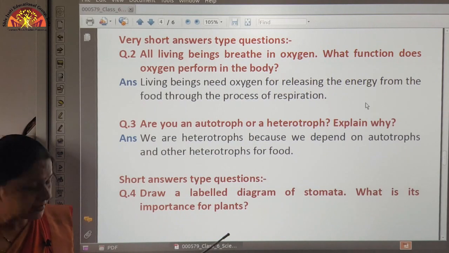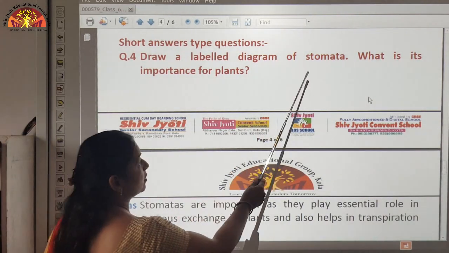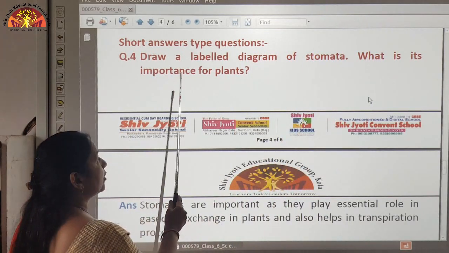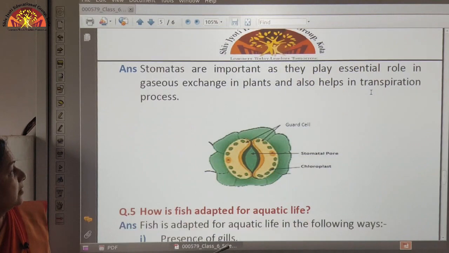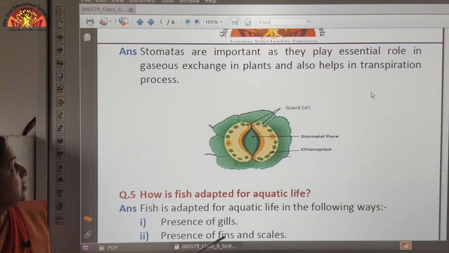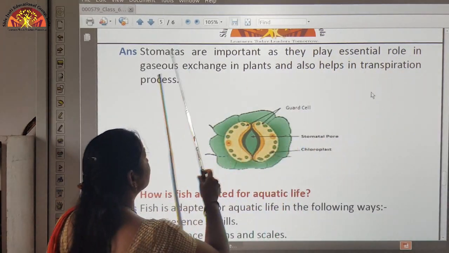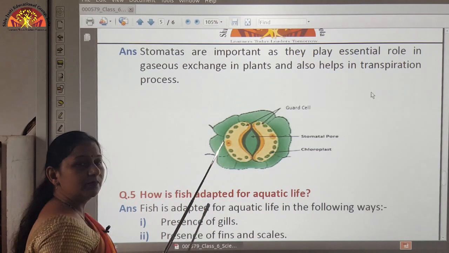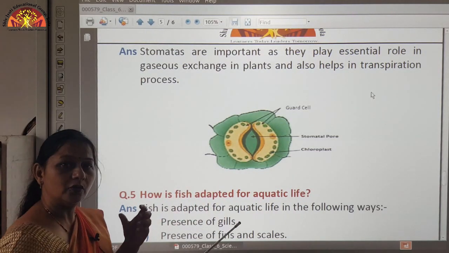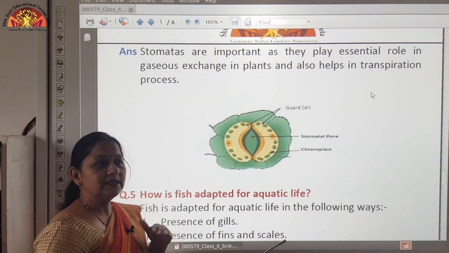Then short answer type questions. Draw a labeled diagram of stomata. What is its importance for plants? Stomata are important as they play an essential role in gaseous exchange in plants and also help in the transpiration process. Stomata are the small openings present on the underside of the leaf, and these openings